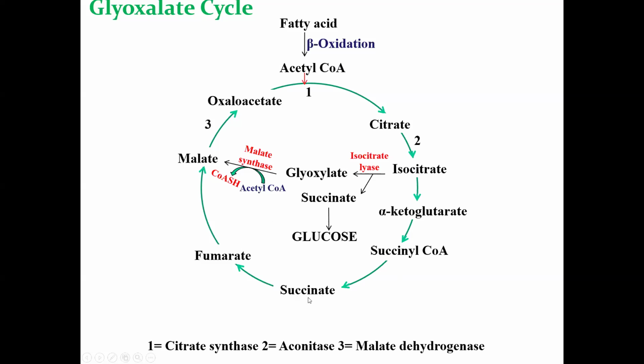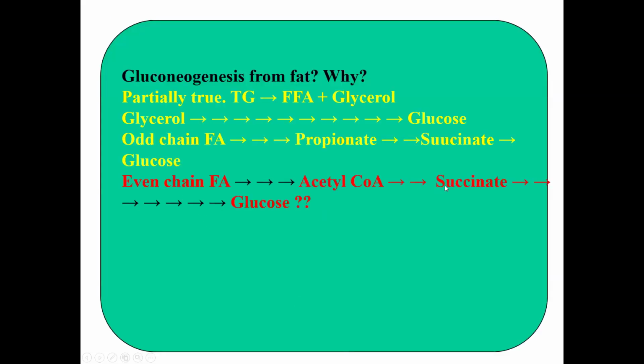to oxaloacetate, because if it is converted into glucose then oxaloacetate will not be reproduced. If it is not reproduced, the cycle will be stopped. For this reason, this succinate from the even chain fatty acid, it is not possible to convert it into glucose,